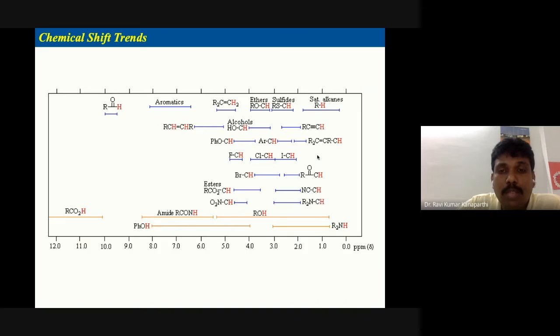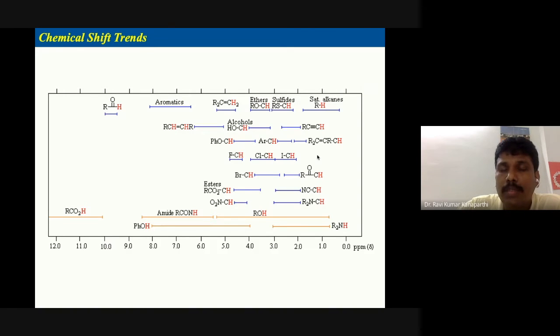So it is very, very important, and I'm stressing once again, without knowing these chemical shift values, you cannot interpret the NMR data. Therefore, it becomes mandatory for everybody. I don't know what type of tactics you will follow, but you have to remember all these chemical shift values. When you are learning, there are facts. The chemical shift value of an alkane comes at some region; that has to be remembered. Similarly, an aldehyde you will see in some range of ppm. That you have to remember.